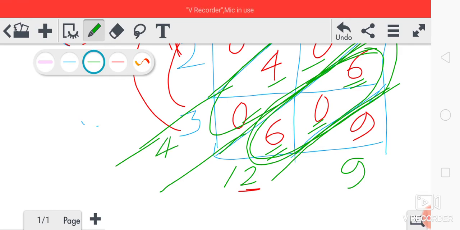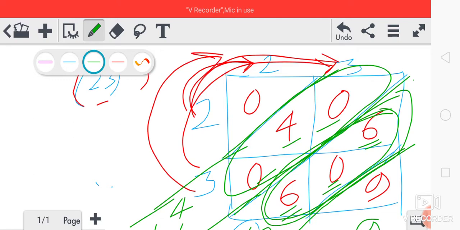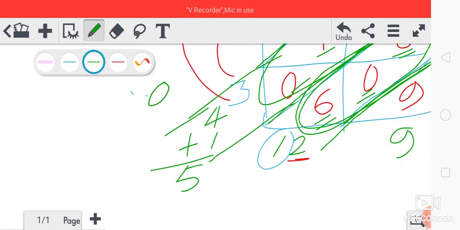And I told you before also that in the previous one, whatever will be left, that will be added here. So plus 1 is left here, so 1 will be added here. So 4 plus 1, how much will we get? We'll get 5. Okay. So 5 we will write here. Now come to this last column. Last column, only 0 is there. So we'll write here 0.